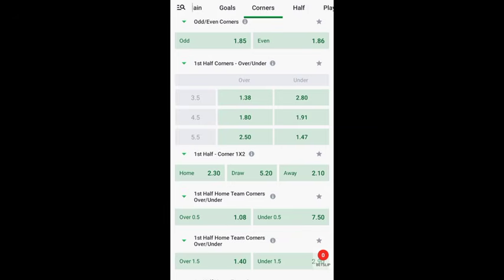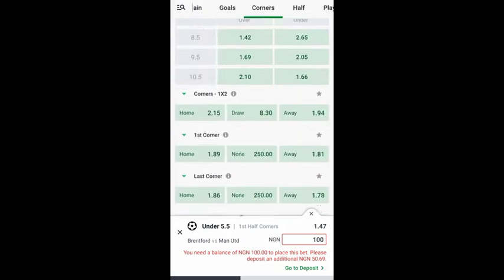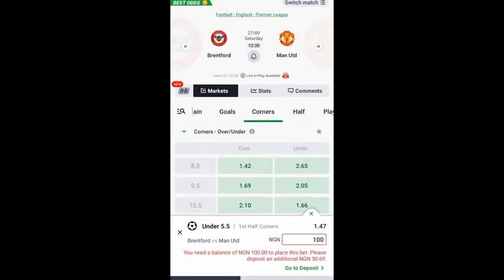What I normally go for is under 5.5 or under 6.5 corners. If you are able to see 6.5, you can just go with it. So basically, all I have to do is click on under 5.5 corners, because these teams have similar strength. But before you do that, you have to check to see how these teams are performing.